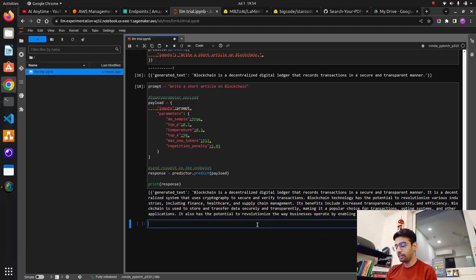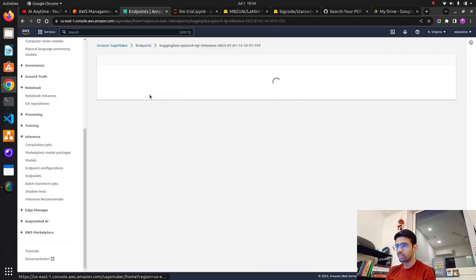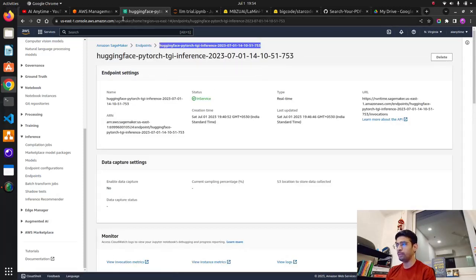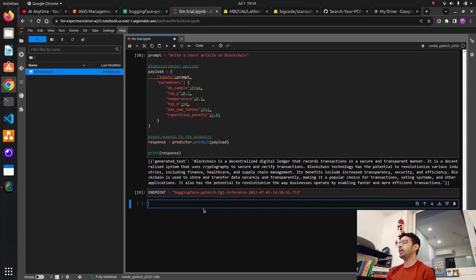So now let's define the endpoint here. Basically the endpoint that we have, we'll just pull it from here. So come here, this is your endpoint name. We'll just click on this, and take this endpoint. Let me copy this endpoint, come here and paste. This is our endpoint, and then the endpoint name here. And now I'll also bring in import